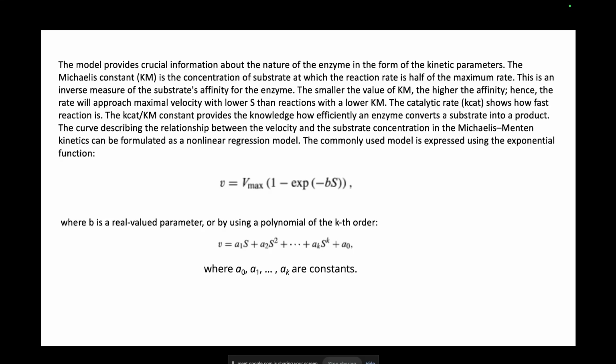So b is another constant that is assumed. I think b here is somewhat related to kcat by Km. I do not exactly remember, but anyway. And yeah, and if